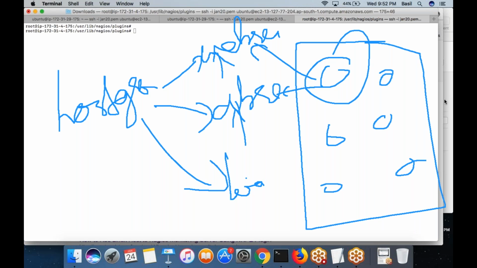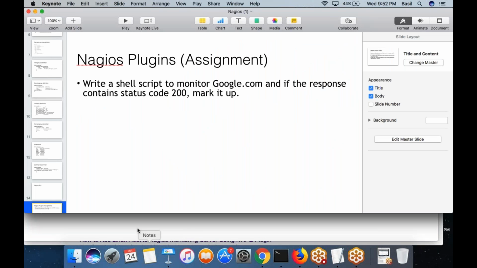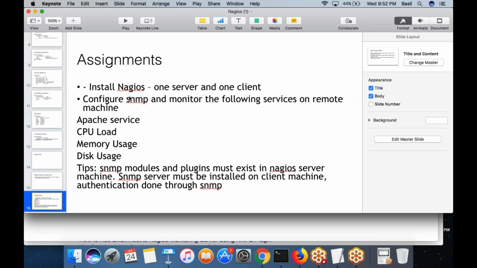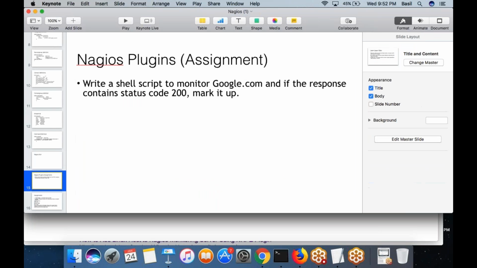And you can connect to the remote machine through SSH. There are some other protocols also, but maybe you don't really need to focus on them. There is something called SNMP. It's not very widely used today. It was the most widely used protocol earlier, but it's a weak protocol, in the sense it does not meet the security standards. So maybe you can focus on SSH only.